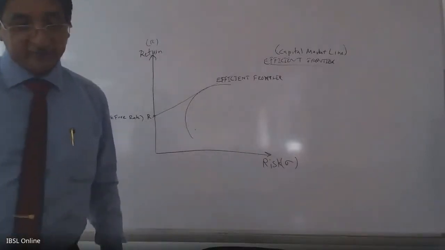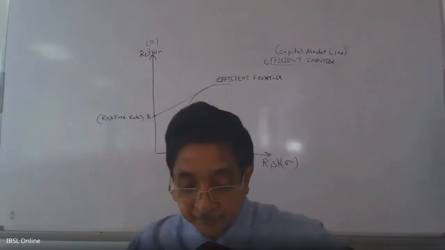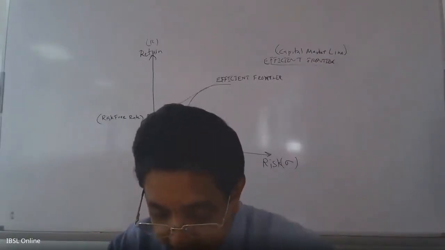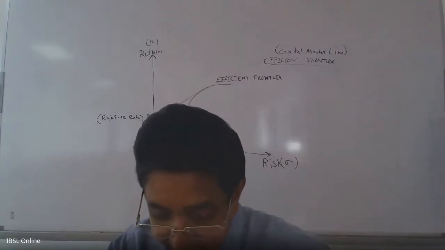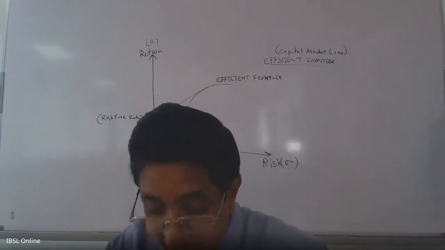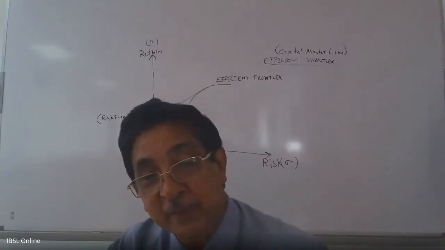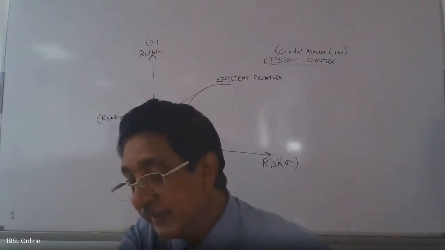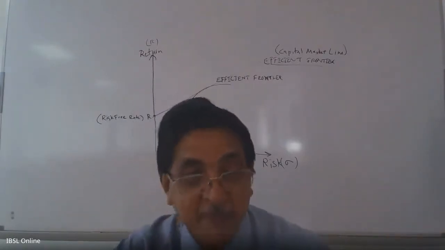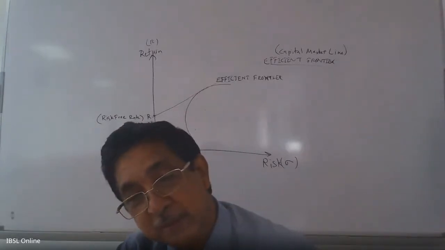Now, what the statement says is, along the CML, leverage portfolios have more unsystematic risk than unleveraged portfolios. So they are talking about unsystematic risk, but we are not in a position to see anything about unsystematic risk here. Actually, the systematic risk is increasing. That is what really happens, not the unsystematic risk. Here, we are talking about the systematic risk,